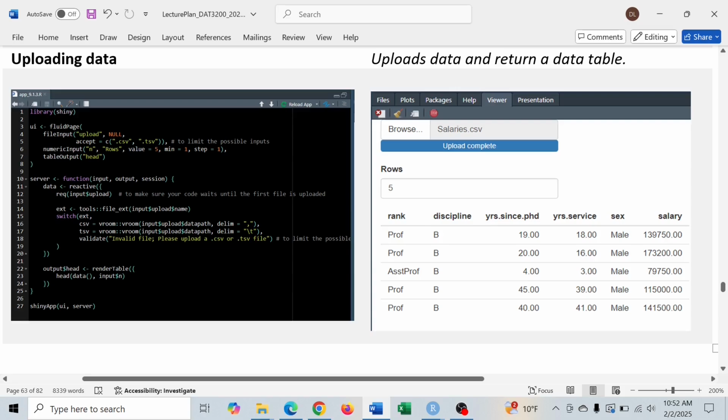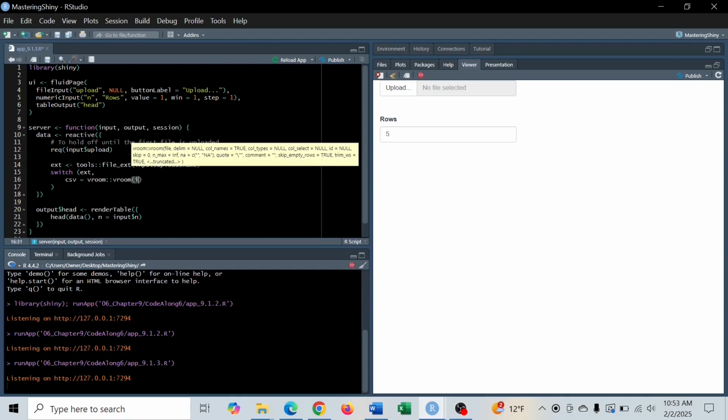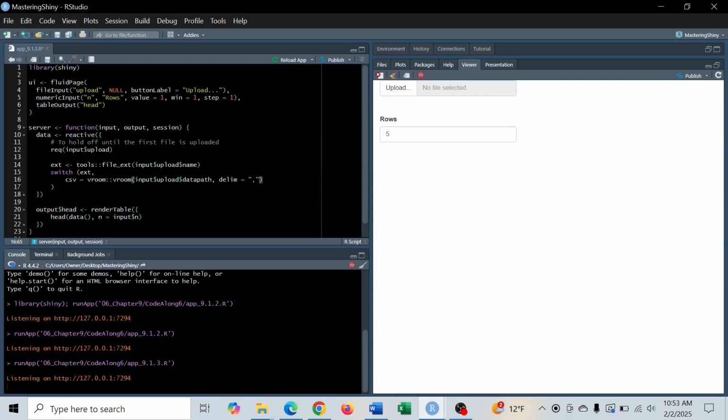And then the values are separated by comma. So that's what it means here. Delim equals and comma within quotation. Tab separated value file. The values are separated by tab in your keyboard. Okay, so that is what we need to provide. Okay, so CSV, if it's a comma separated value file, then vroom colon colon vroom, right? And then input upload, we're going to provide data path, and then argument delim comma, and then tab separated value